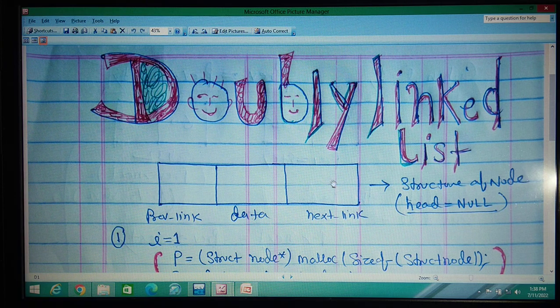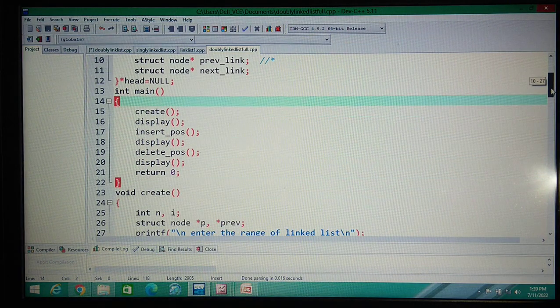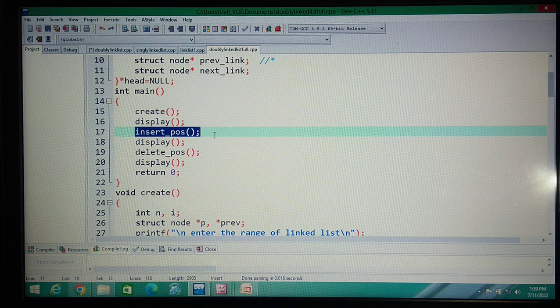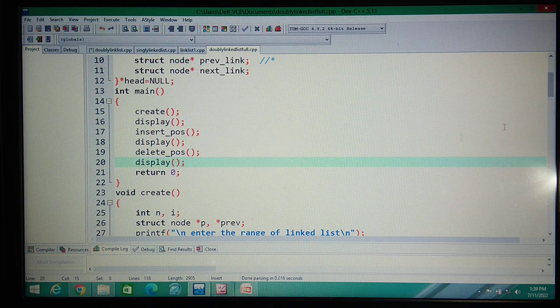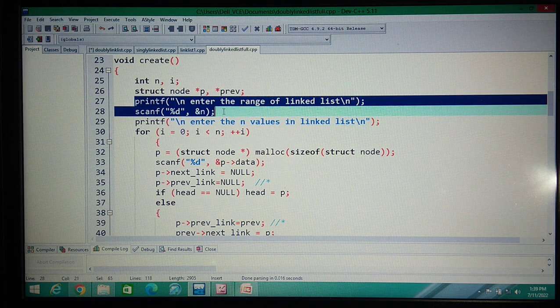At first, you can see in our program we have written struct node, int data, struct node *prev link and struct node *next link. What is the meaning of this? Already we have explained, but again we will explain. This is the prev link, this is data and this is the next link. It has been done with the help of a structure. This is the structure of the node. Initially we have written head is null. Here we will store an address, here we will store an address, but here we will store data. I think that you are getting it.